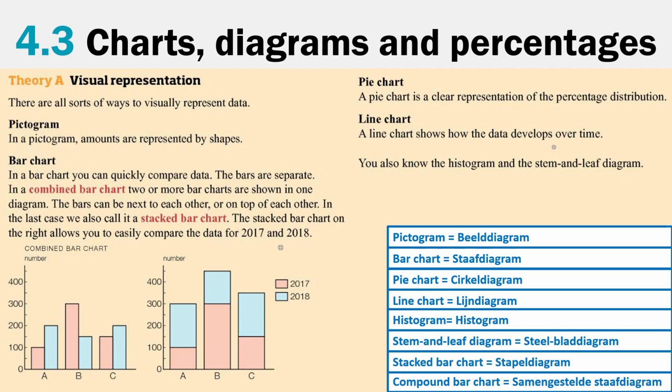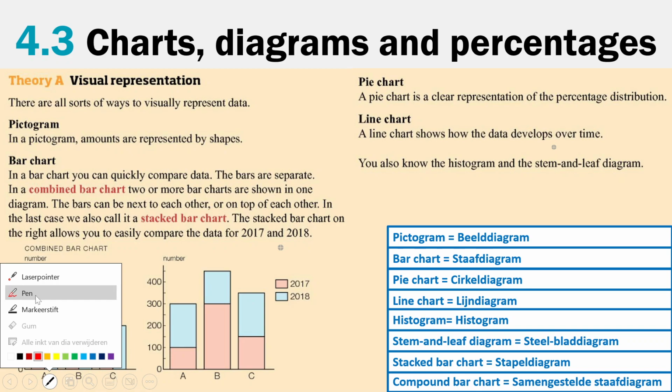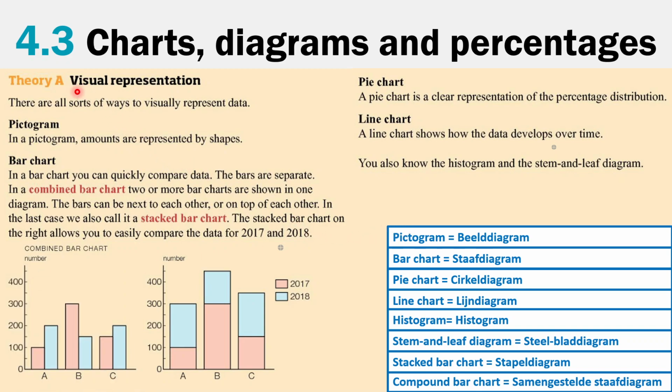And the first thing that you should be wary of is that hopefully you're all able to visualize what those different charts and diagrams are that they talk about. So, for example, at theory A, they say, well, there are all sorts of ways to visually represent data, and they give you examples. The only new one that they explain is combined bar charts or stacked bar charts, which are given right here. But all the others, pictograms, bar charts, pie charts, line charts, histograms, stem and leaf,